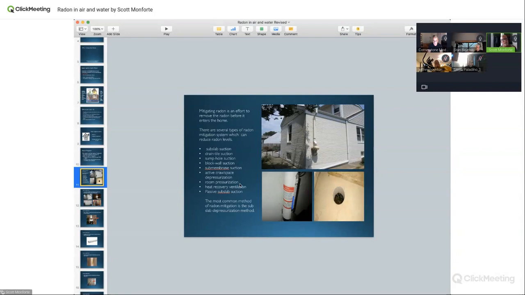I get a call in March, the radon system's levels are back up again. And I said to the person, is it working? I said, take a picture. Because we all know there have been times I've gone out there and it's not working, and you've got to turn the switch on, or the plug is pulled out, or the breaker trips, and it's a simple fix you could do over the phone. You've got to charge for your service call, but I try to work with people over the phone and help them out. So everything looked okay.